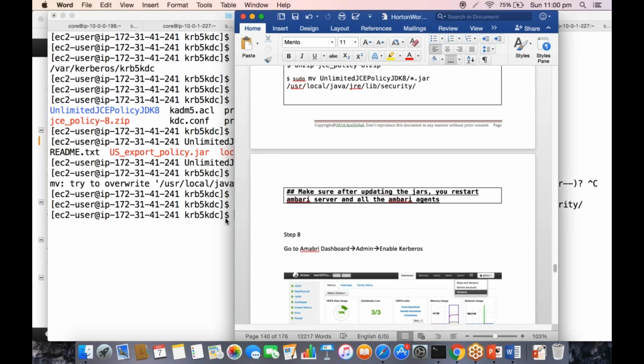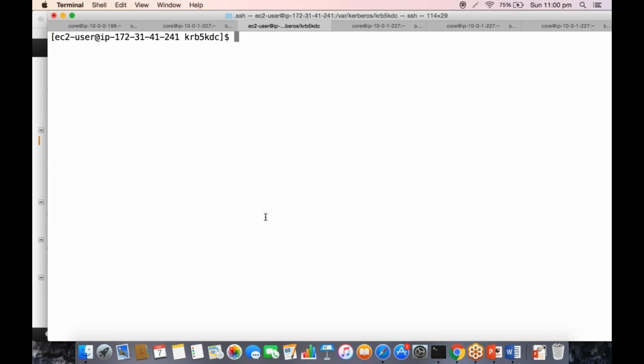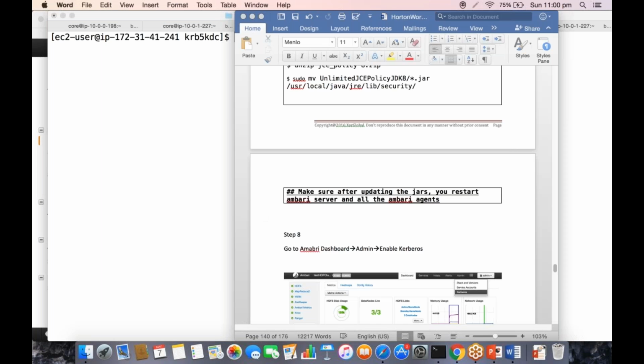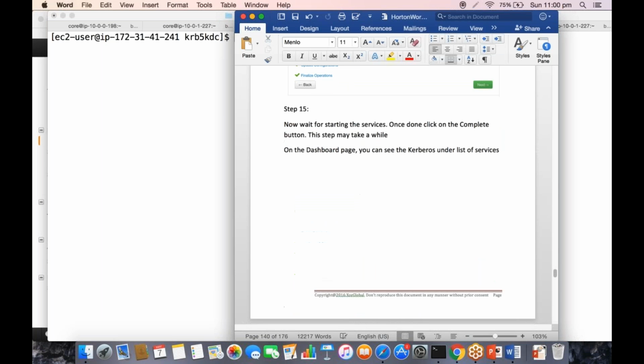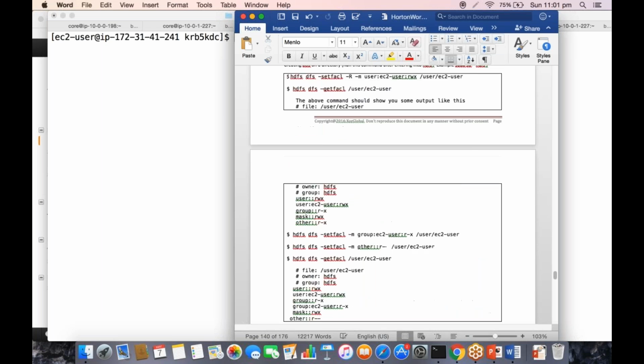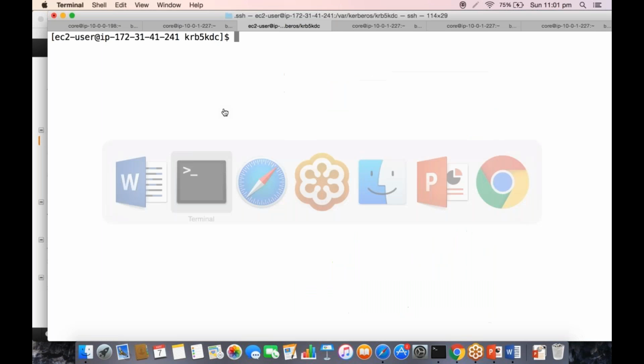Now Kerberos is installed. If I want to get a ticket, I need to say klist.